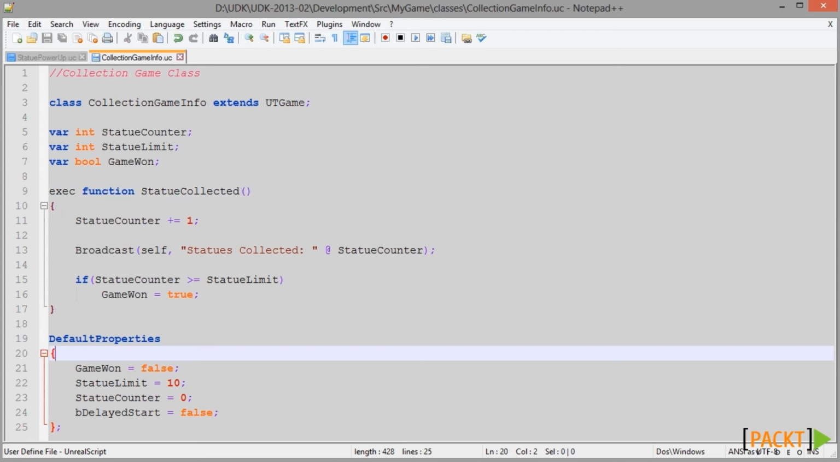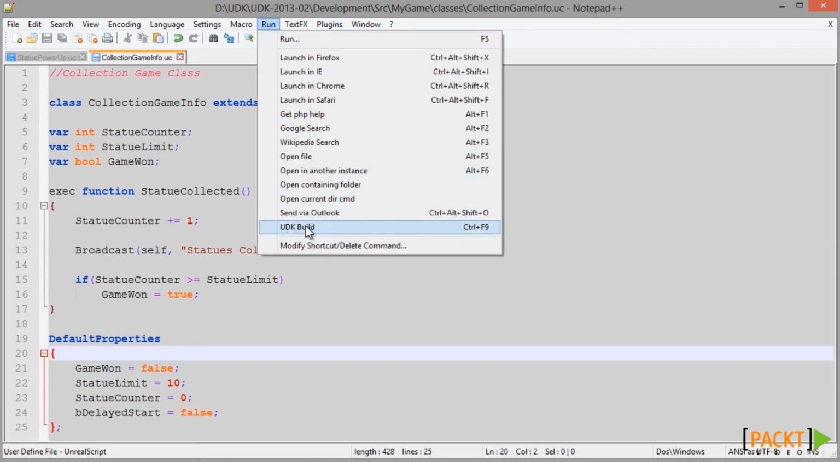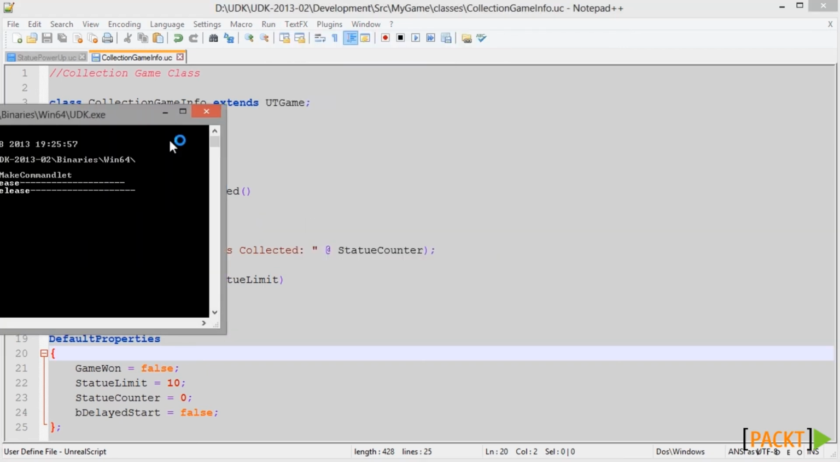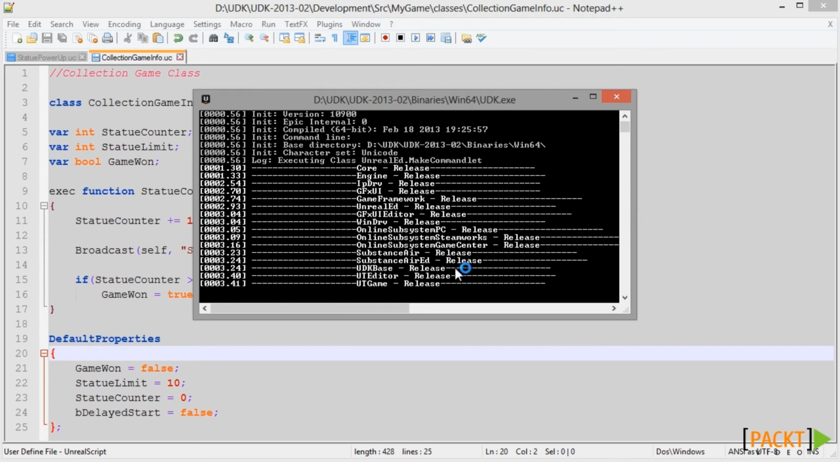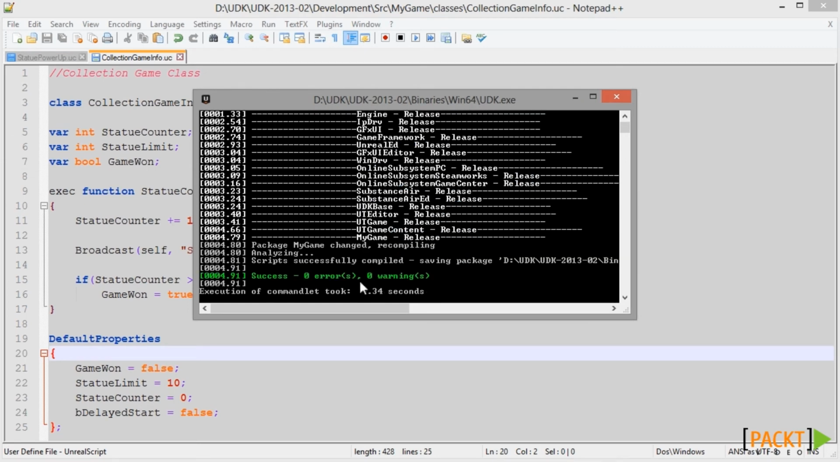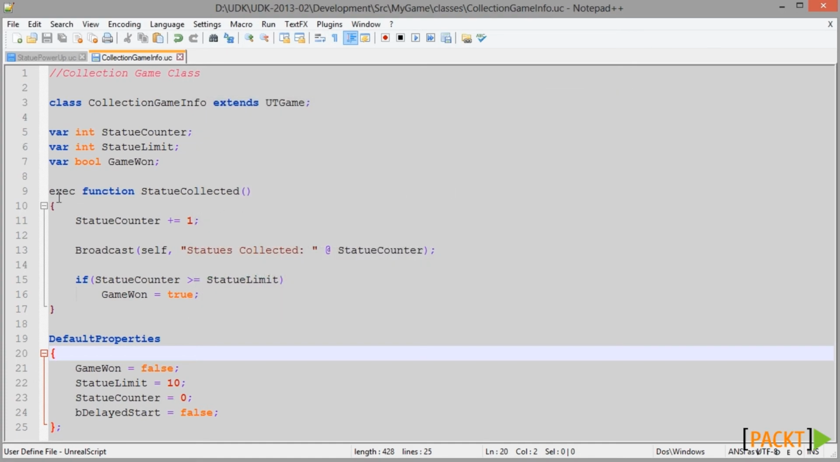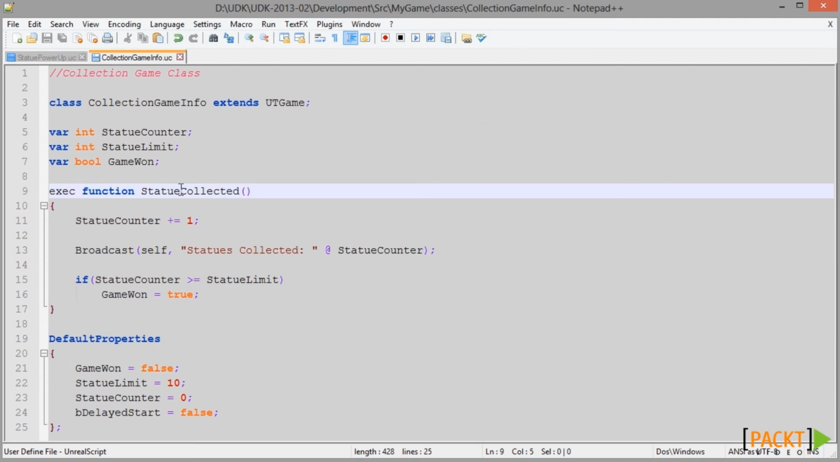So now I have closed the UDK editor and I can successfully compile my code, run UDK build. Always good practice to close the UDK editor. Now our script runs away, this time 0 errors and 0 warnings. Our code is now compiled and configured with an exec function. So what I want to do now is jump back into the UDK editor and test out our new console